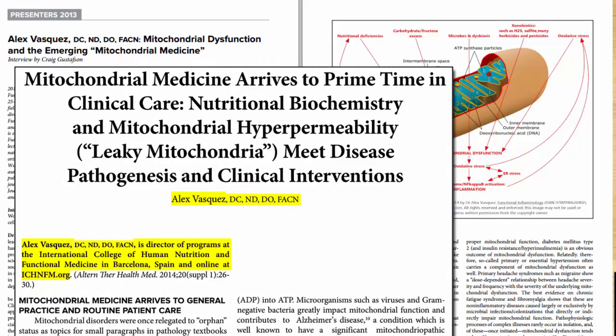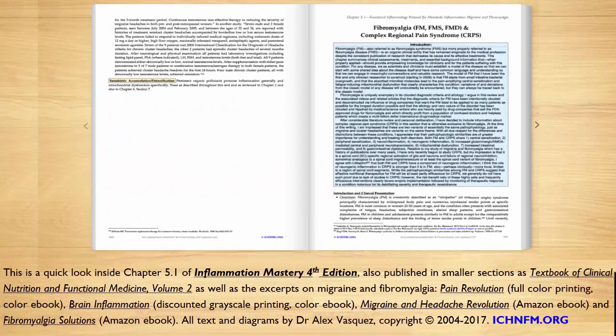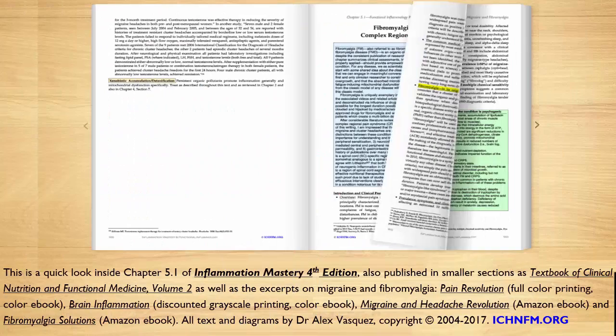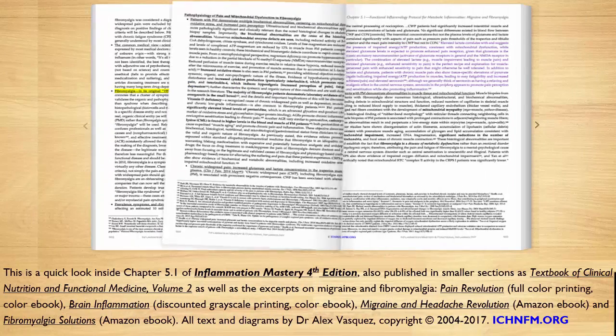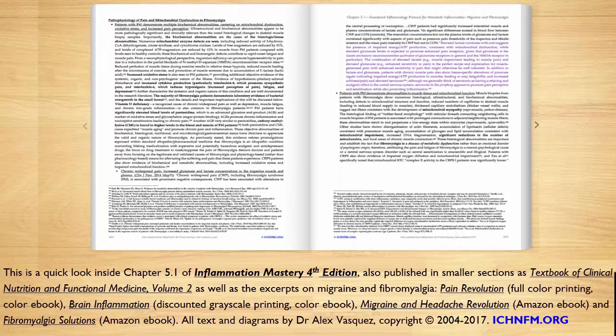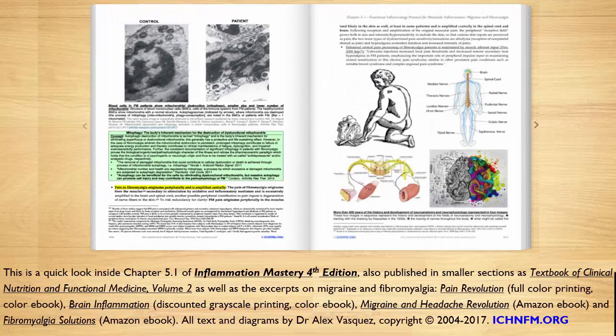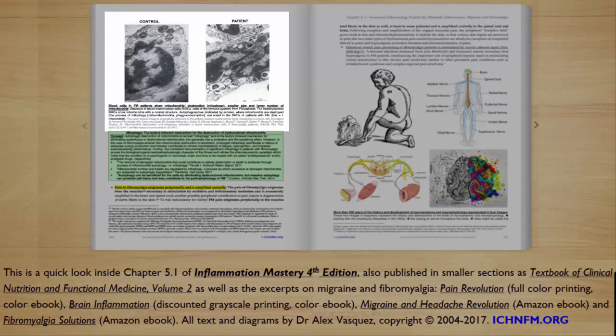Now let's take a quick look at the section on fibromyalgia and complex regional pain syndrome. Again, you see that I follow, of course, the same outline or the same format, providing an introductory conversation and then outlining the clinical presentation and pathophysiology, again, well supported with an abundance of citations. Here we see images from published research showing the differences in mitochondrial size and function in normal healthy controls and patients with fibromyalgia. So obviously these scientific images underscore the physical organic reality of fibromyalgia as a mitochondrial disease, and